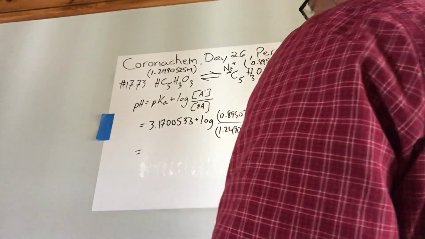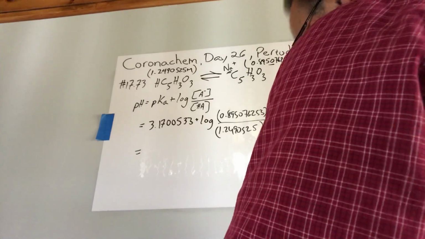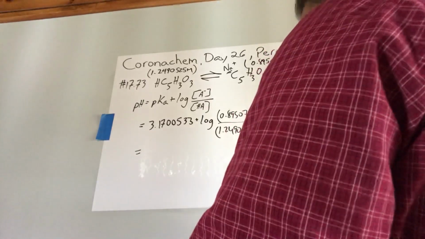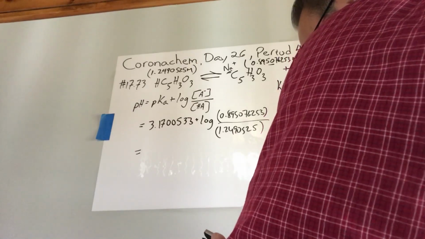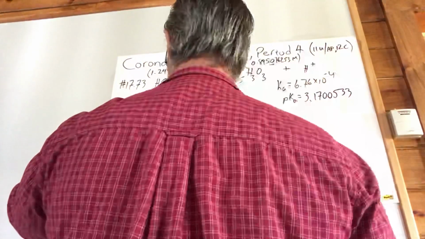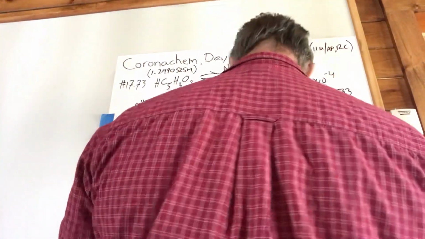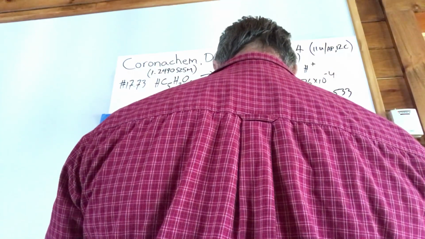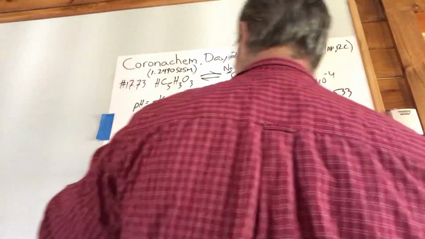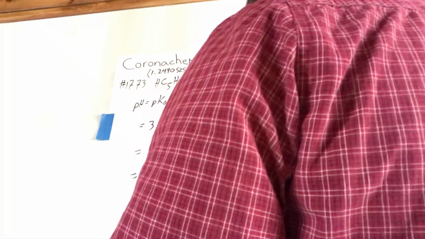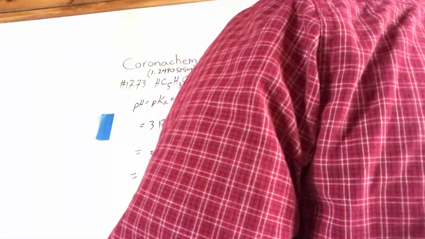So let's do that. 0.895076253 divided by 1.2490525 gives you 0.716. So you have 3.1700533 plus, take the log of that, you get negative 0.144720658. So the plus 3.1700533 gives you a pH of,